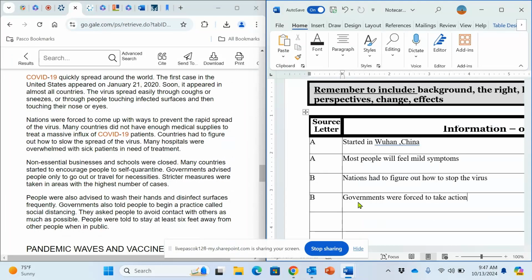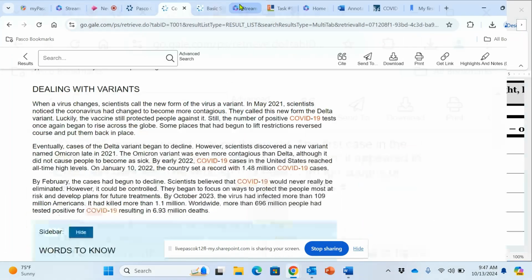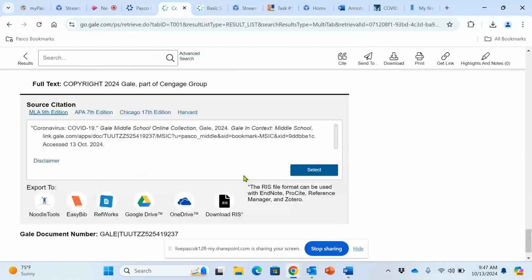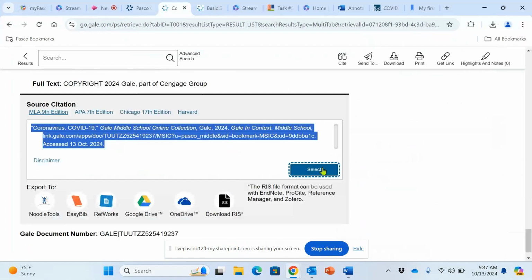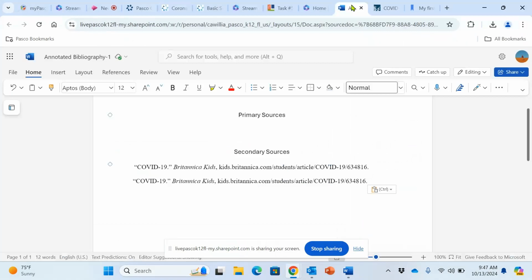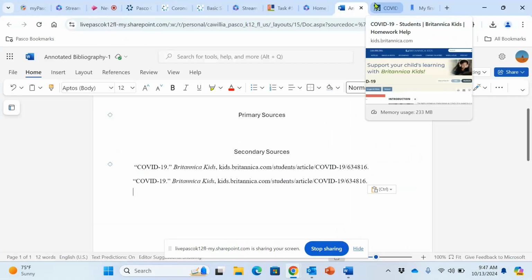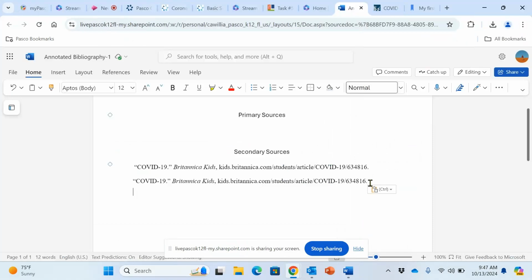Well, here's the nice thing about Gale. If you go all the way to the bottom for Gale, it already has a source citation for you. All you have to do is make sure you're in the right spot. You click select, it copies it for you, right? I'm going to go back over here. So once again, this is going to be my B document. It's going to be my second one. So the first thing I'm going to do is get rid of this just because that's a mess. All right, I'm going to go ahead and Control V and